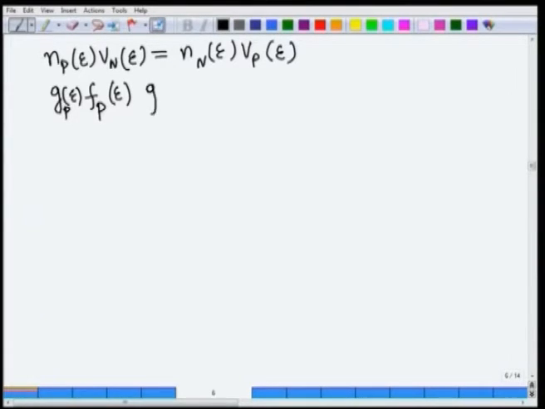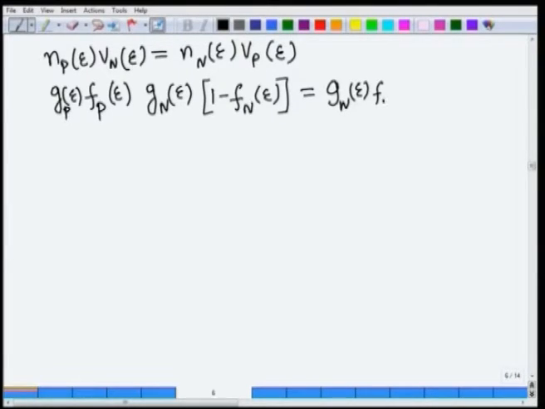V is equal to G, the density of states on the n side, times 1 minus the Fermi function on the n side, and this should be equal to likewise G on the n side, F on the n side, G on the p side times 1 minus F on the p side. If that is the case, now you can see I can cancel this out with this and this. So I have F of p